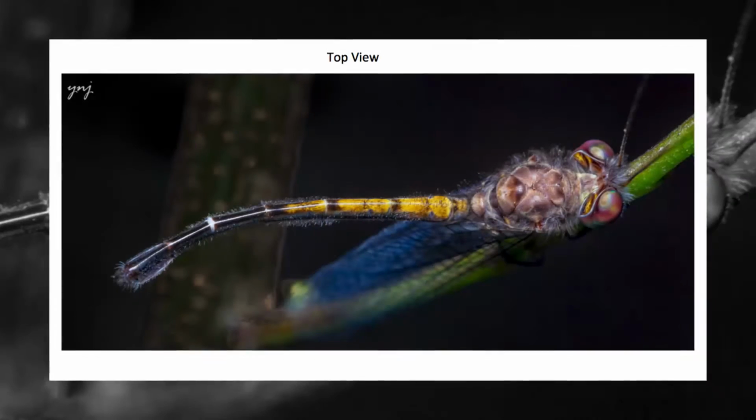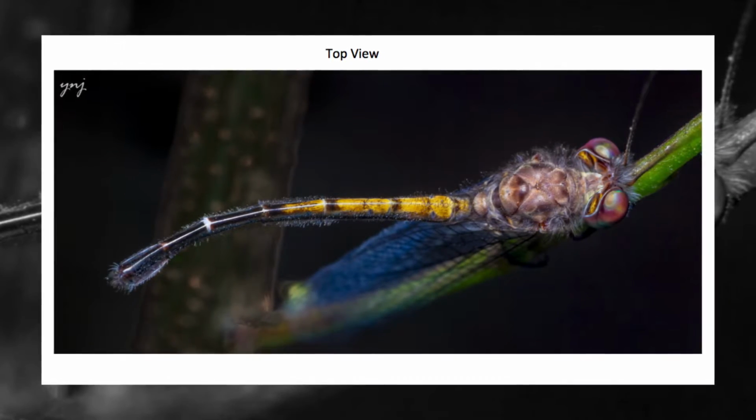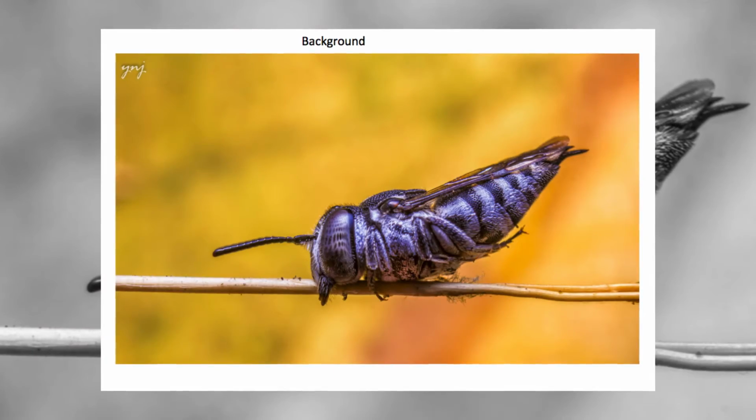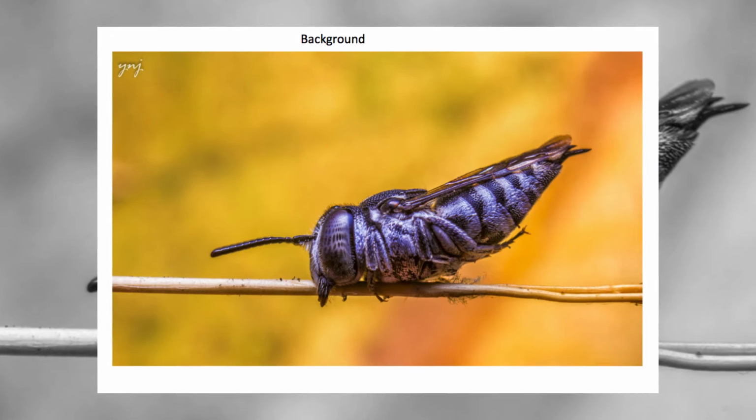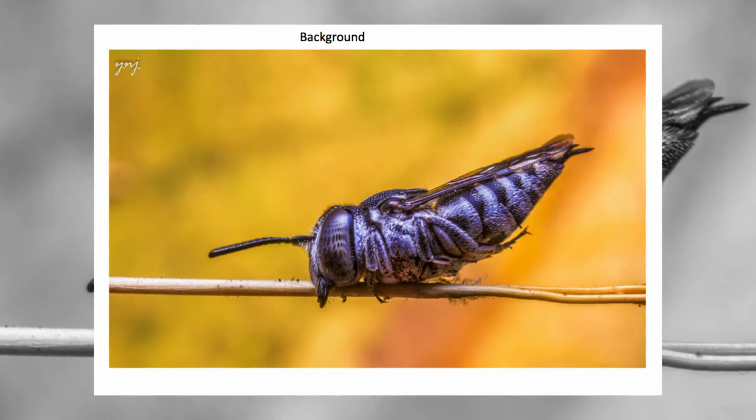Now, people are so used to seeing the insect shots from front and from side that you can actually surprise your viewers by taking great shots of a dragonfly or a mayfly from the top angle. But again, the key is to maintain that magic angle, to have the eye as well as rest of the body in perfect focus. Now, in magic angle, you have to also pay close attention to the background. If the background has too much clutter, even though you have taken the perfect magic angle, it may still ruin the shot. So in that case, it may be better to wait or just change the angle from front to side or to the top.